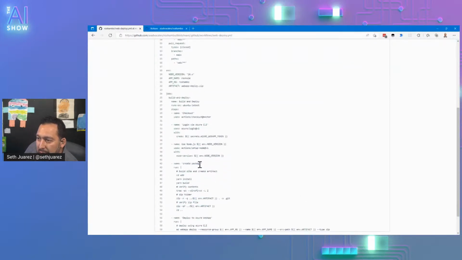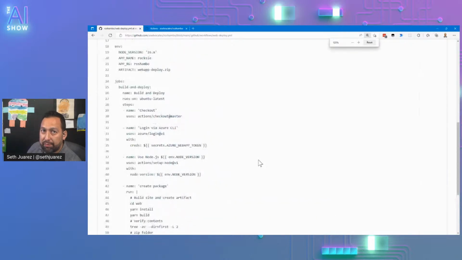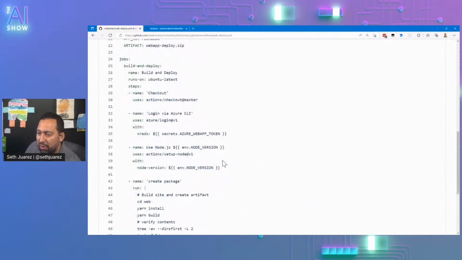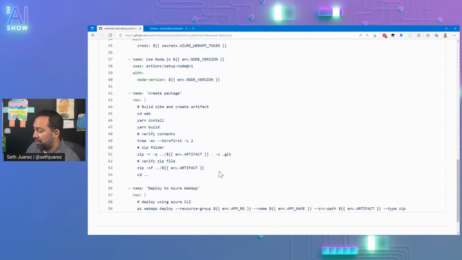And what it will do is it will log in using the Azure CLI. It will set up Node. And I know there's special actions to do this. Here, I'll Control Plus. It looks super tiny. There you go. I know there's GitHub actions that will just do this for you, but it wasn't working, and I could not figure out why. So instead, I actually built it myself.